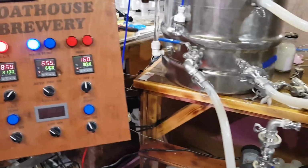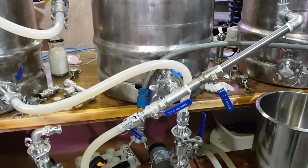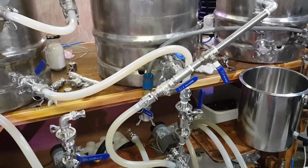and then we sparge at 90 degrees. So we've gone from 45 degrees to 55 to 65, 75 now, and then 90 to sparge, and we'll have about